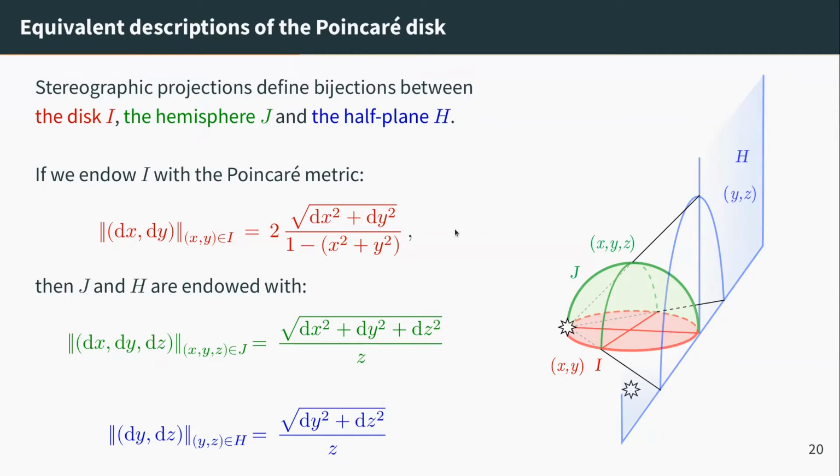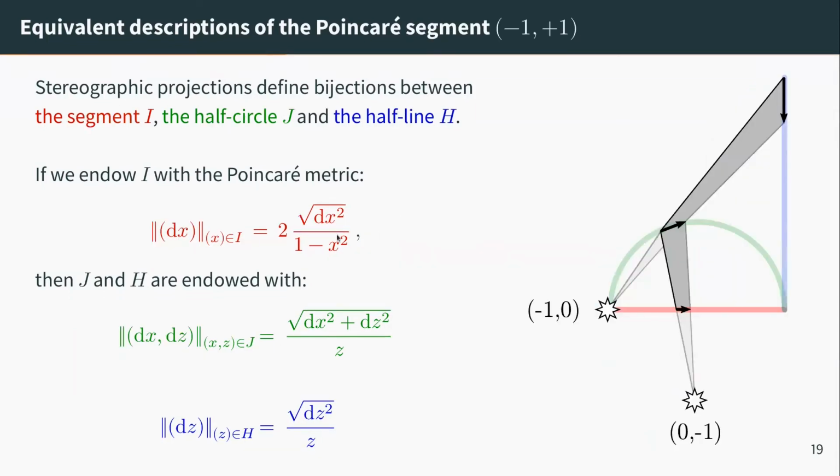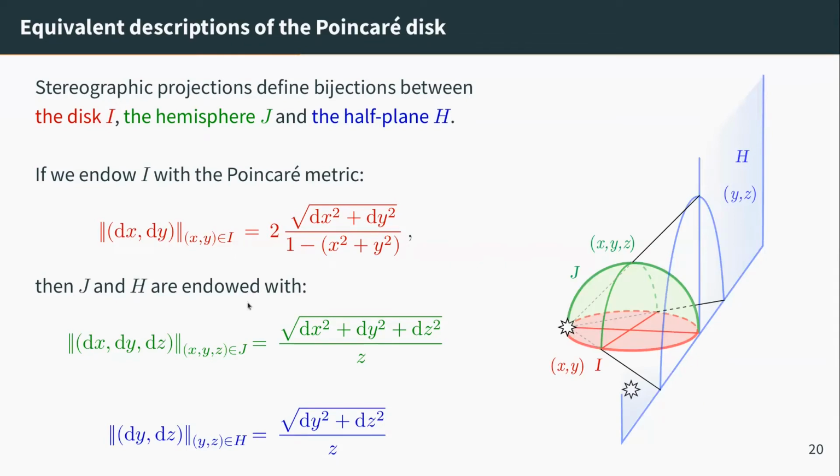And now, those formulas worked in dimension 1, with temperature 1 minus x squared, z and z. Well, it's the same story in 2D. So now we have 1 minus x squared plus y squared. On the half sphere, we have z. And on the plane, we have z. So those are formulas, you can try to understand that. That's why it's going to be important to make a break. But the only thing to remember, for instance, between the red disk and the green hemisphere,